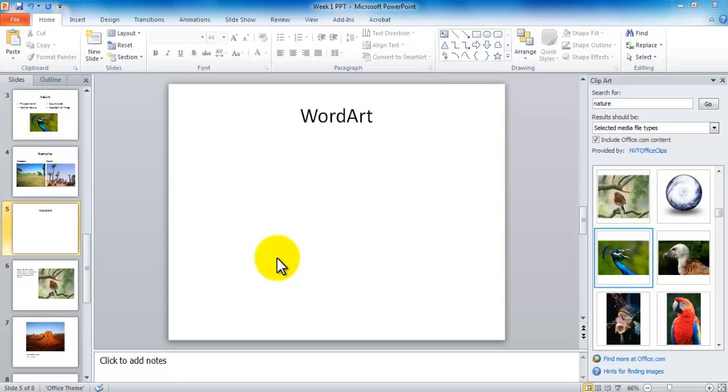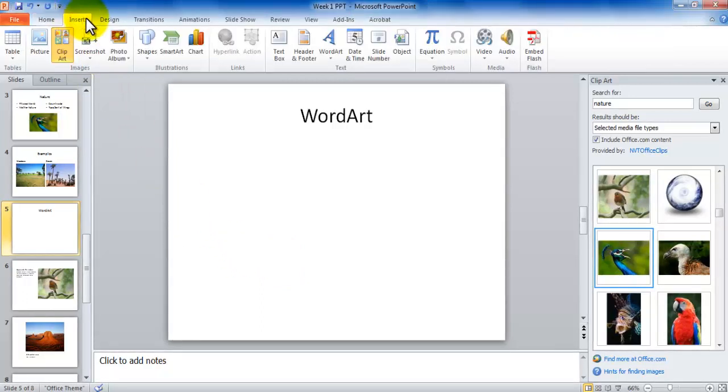In this tutorial we are going to be exploring WordArt. We have explored WordArt back in Microsoft Word, and we're going to be looking at it again here. So in order to work with WordArt, you click on Insert, and after you click the Insert tab on the